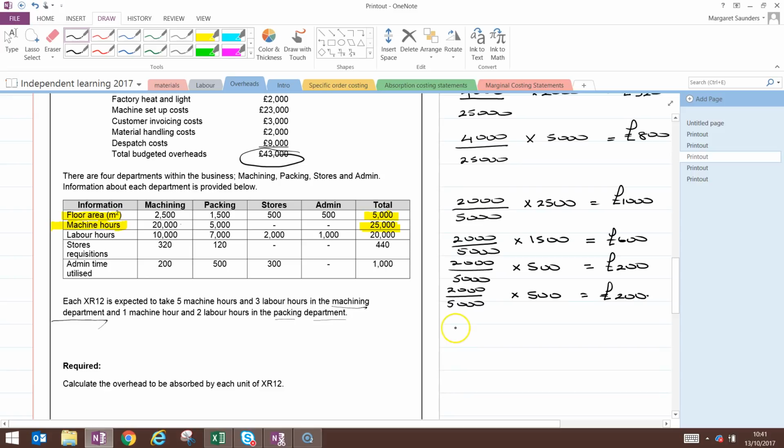So we have £23,000 of setup costs. We'll divide by the total machine hours, and then we'll multiply by the machine hours in each department. So we'll multiply it by 20,000 for the machining department,